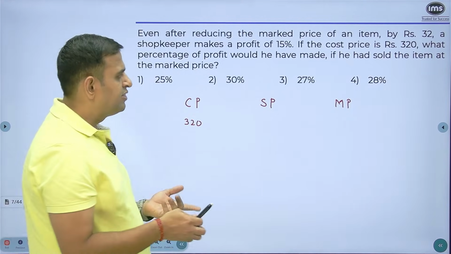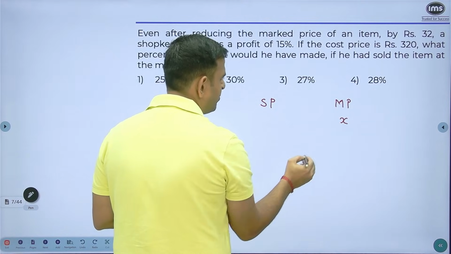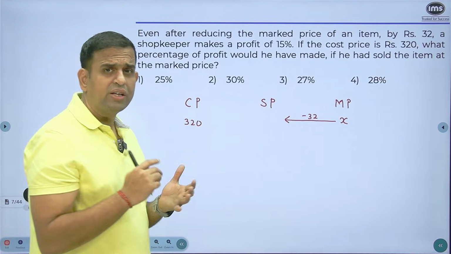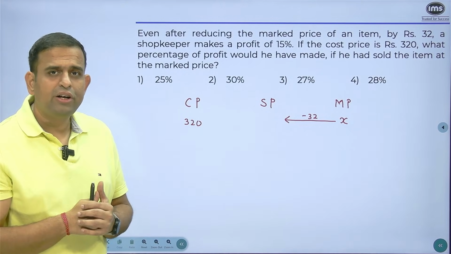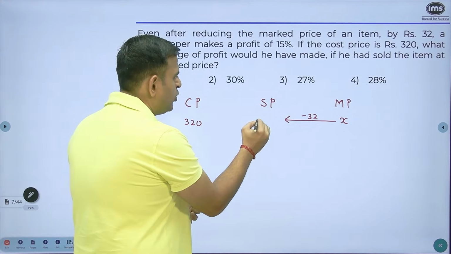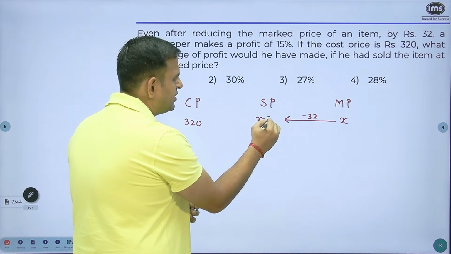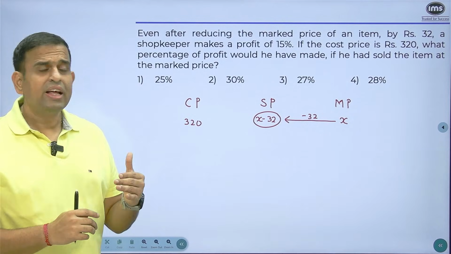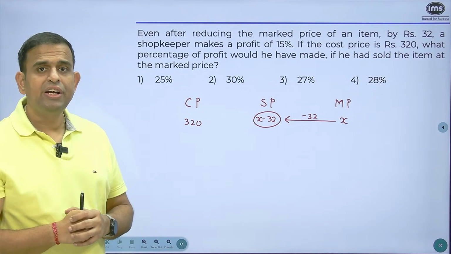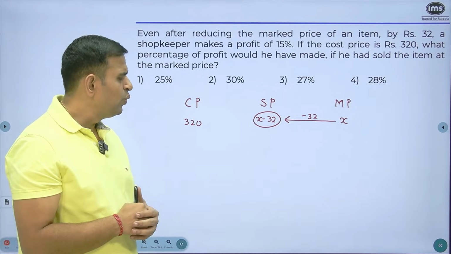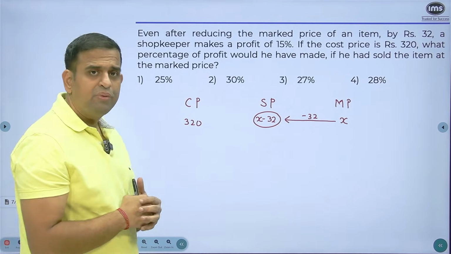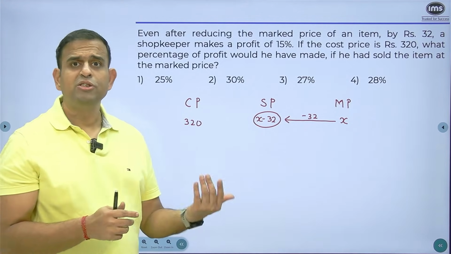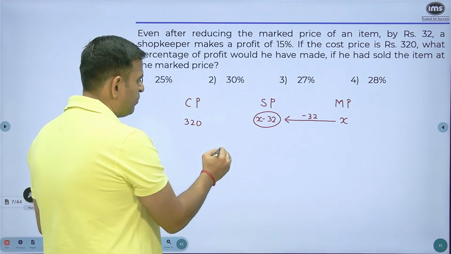If I call the mark price some number X, and I reduce the mark price by 32, in other words I am giving a discount of 32 on the mark price, then this is going to be your selling price. If I sell the item at this amount X minus 32, then the profit happens to be 15%. So in simple words, for the number 320, I can simply find out how much the selling price is going to be. So we can find out the profit